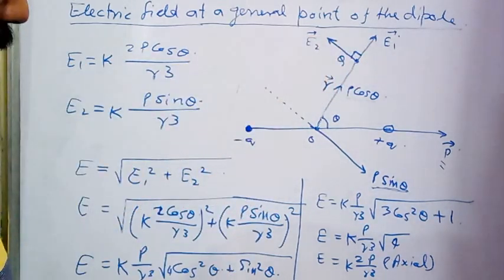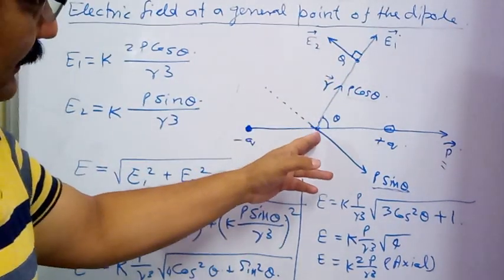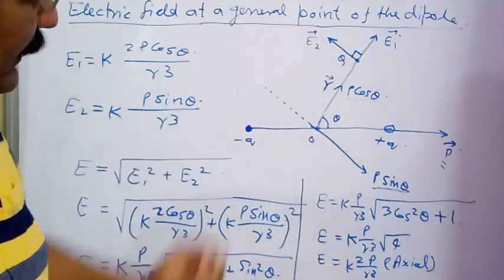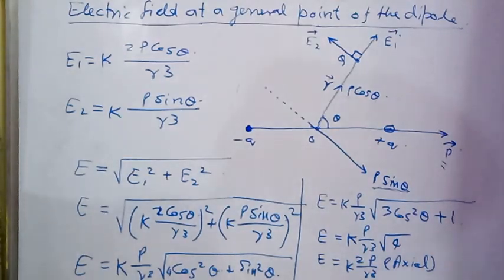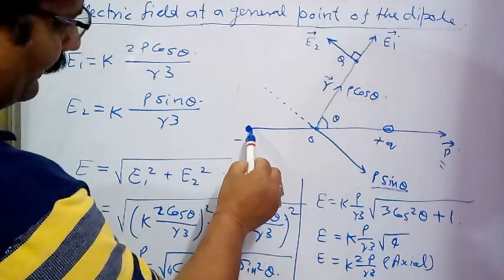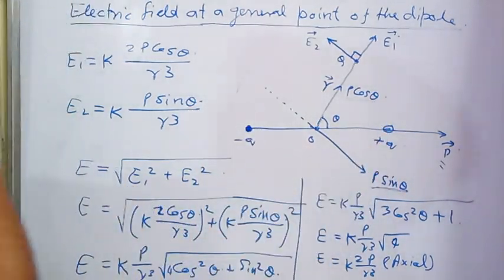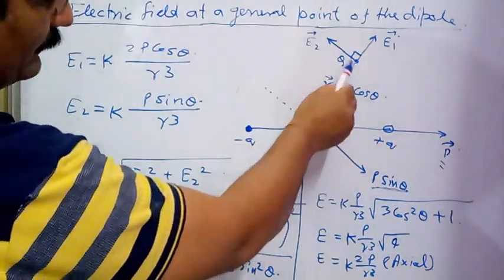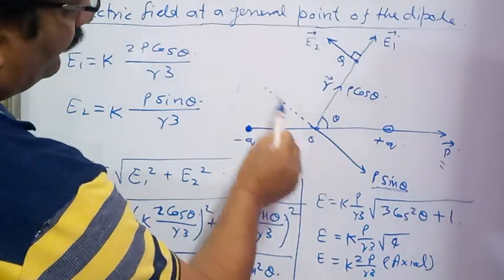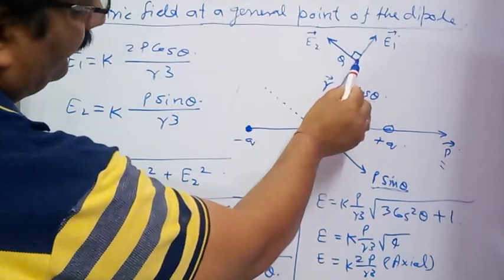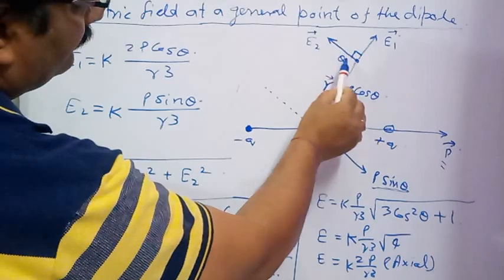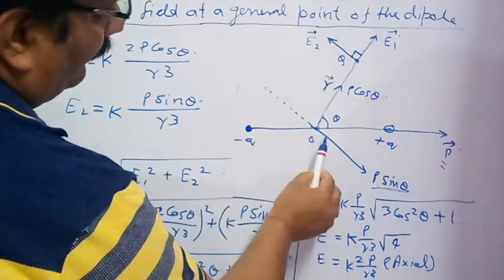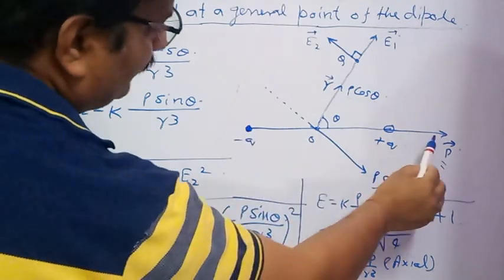General point of the dipole means the point of observation is neither lying on the axial position nor on the equatorial position of the dipole. In this figure you can see this is an ideal dipole. Ideal dipole means the length of the dipole is very small compared to distance r. So to get the value of electric field at a general point, that is point Q, we need to resolve the components of